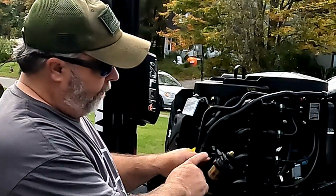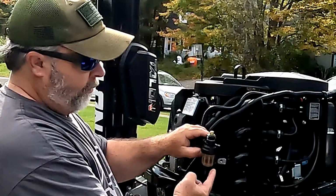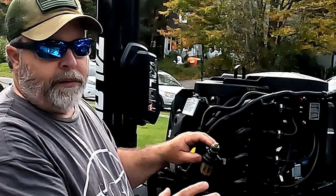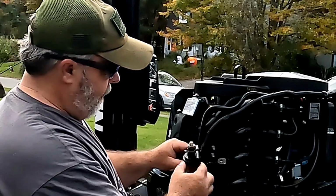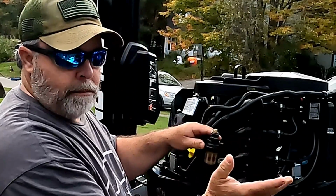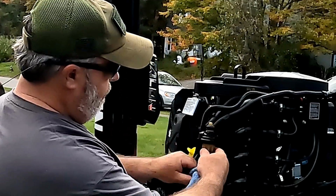Now when you take a look at your fuel filter assembly, you want to look for any leakage or anything that may indicate that you need to replace the whole unit, because you can either replace just the fuel filter insert that goes inside the canister, or you can replace this whole unit here, which is short money, so it's no big deal. But it's not necessary if it's not necessary. In my case, I don't see anything indicating that I need to replace the whole unit, so I'm just going to go ahead and check the filter that's inside the canister, and I can see that there's an amount of fuel in there. So I'm going to grab my rag here,